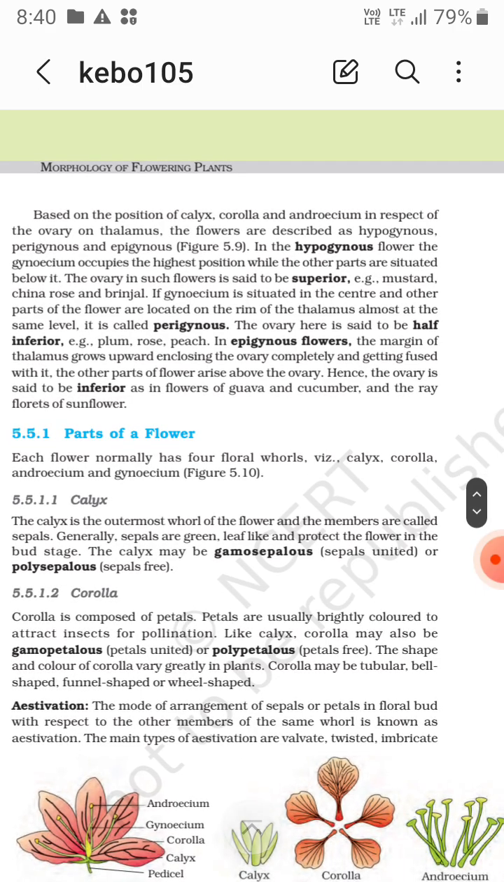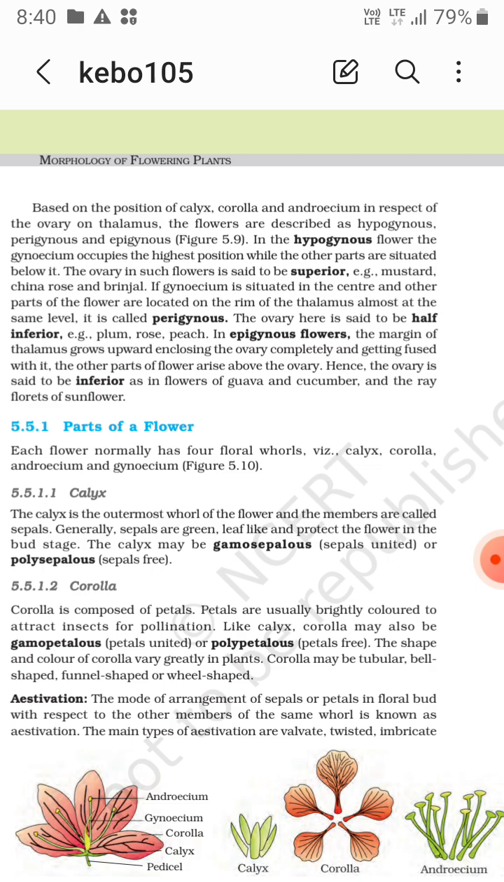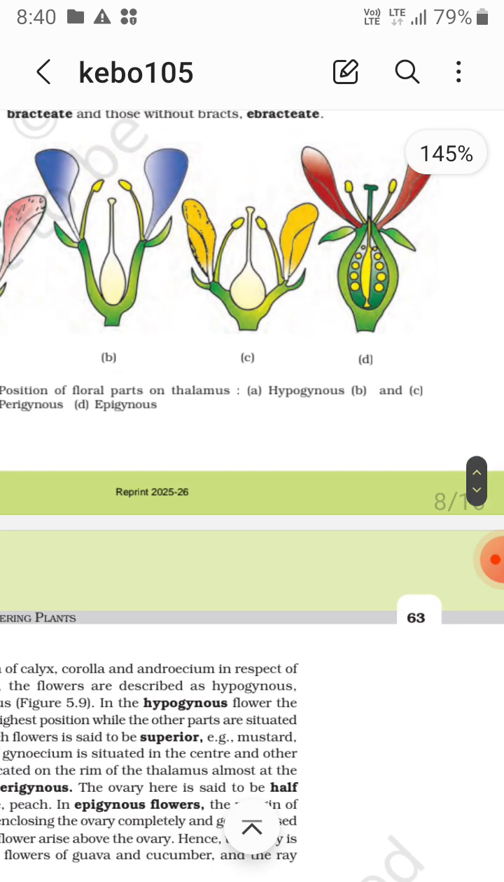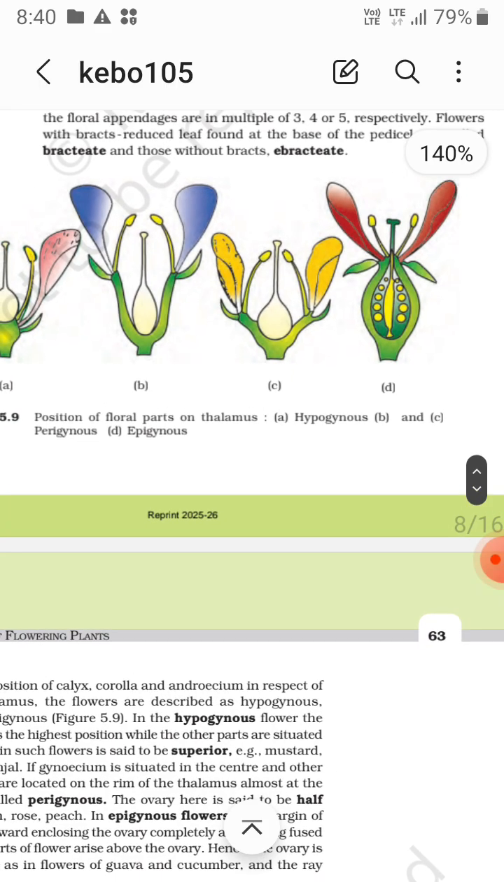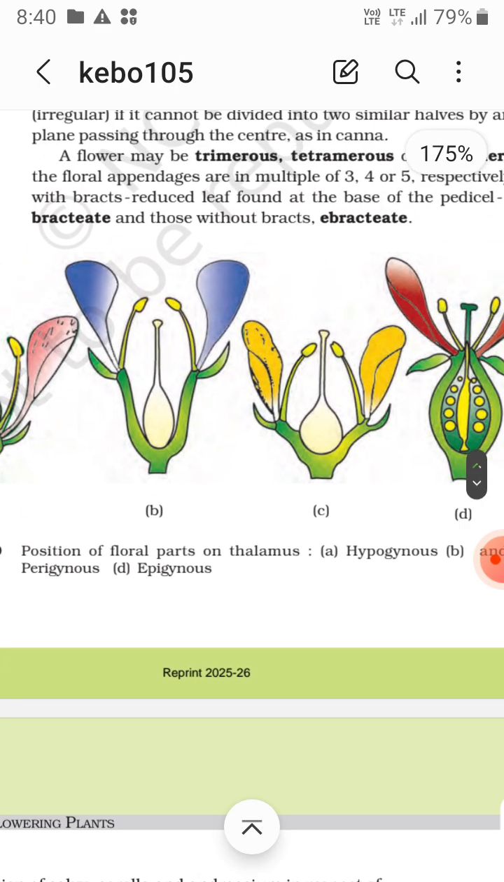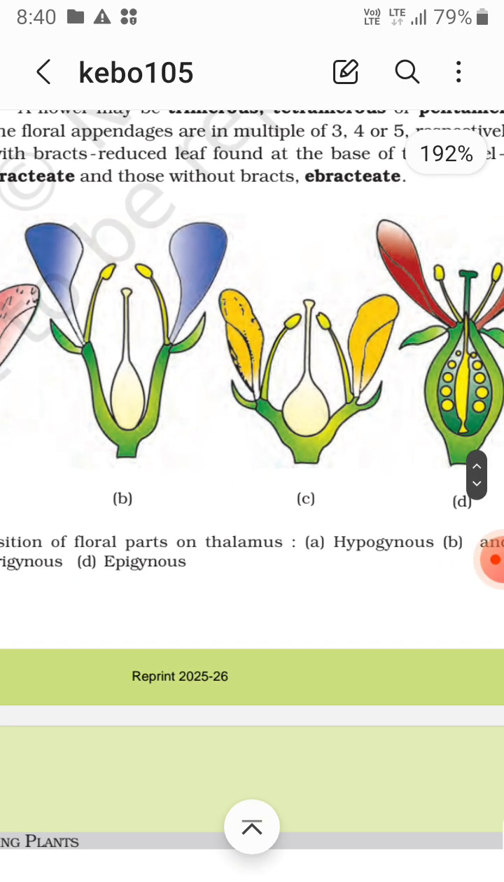The other parts of the flower arise above the ovary, hence the ovary is said to be inferior, as in flowers of guava, cucumber and red florets of sunflower. As you can see in the diagram, that is D, that is epigynous, and B and C, these almost at the same level. Okay, calyx and corolla and androecium almost at the same level on the rim of the thalamus,